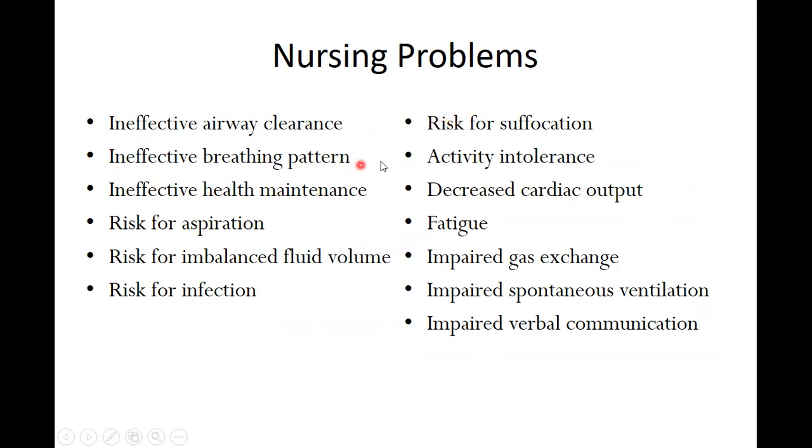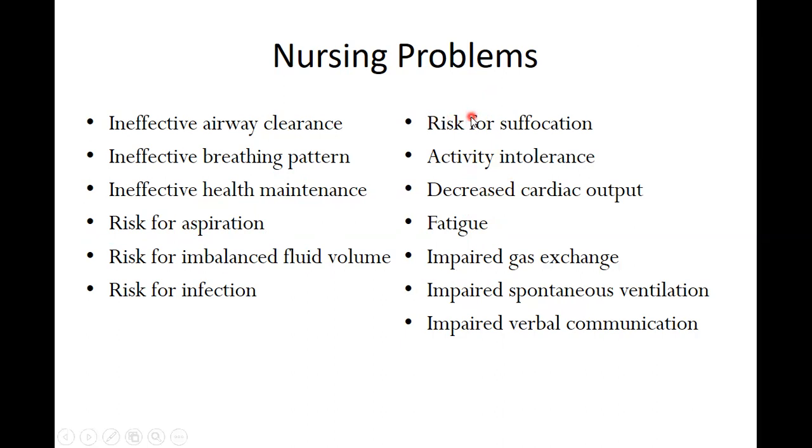Ineffective breathing pattern related to injury or trauma to the chest, evidenced by splinting of the chest during breathing and shallow respirations. Ineffective health maintenance, risk for aspiration, and all these others are some of the nursing problems that might occur due to